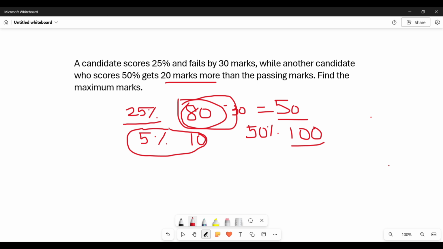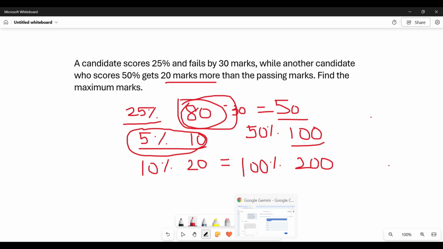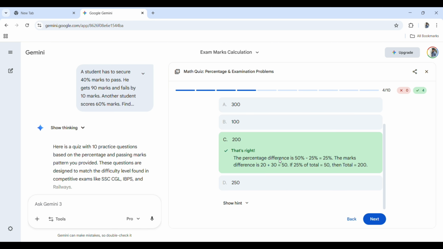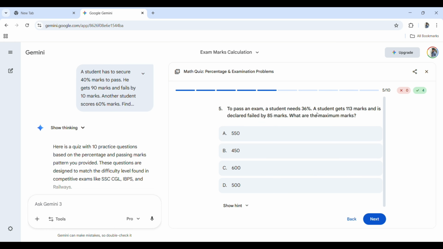So now in both these patterns, 25% is 50, 50% is 100. You could very well know 5% is 10. So what is your 10%? It's 20, right? So the maximum marks, 100%, is 200. Let's verify our answer. Yeah, so that is 200. So our next question